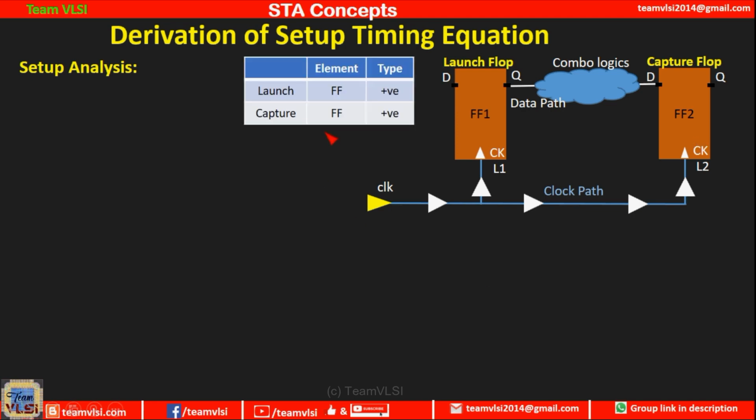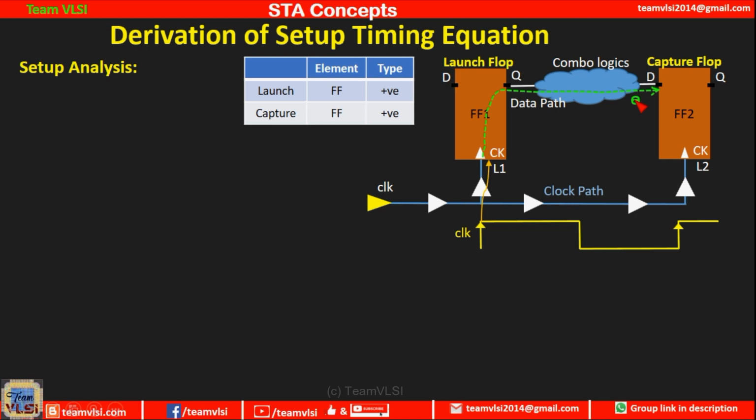Here launch and capture are both flip-flops and both are positive edge triggered, as we decided. A typical clock signal is like this, and we suppose this positive edge of the clock will come to the CK pin of flip-flop 1, and it will launch the data and take a time